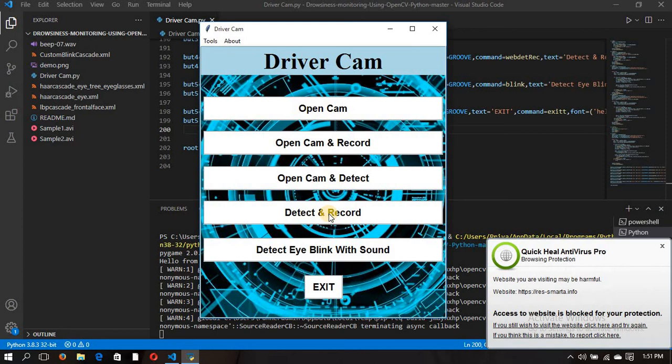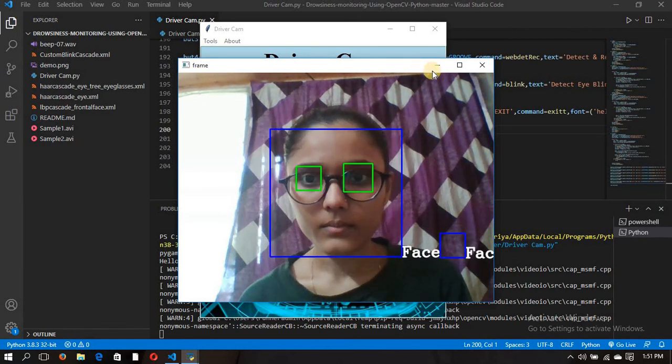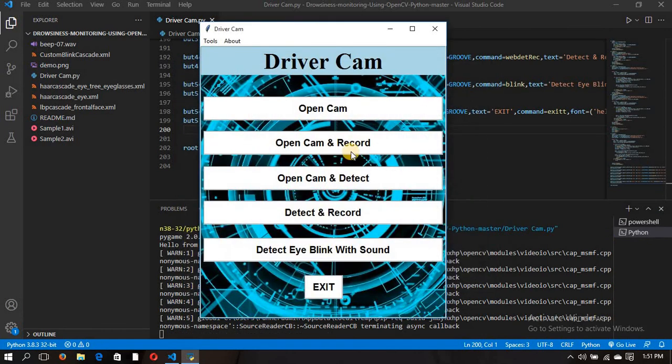Then detect and record, it will detect and record. After pressing Q, it will also destroy this window. And now the last button is detect eyes blink with sound. It will detect, and that's the alert function we have called, right?